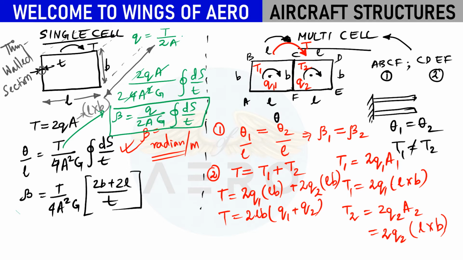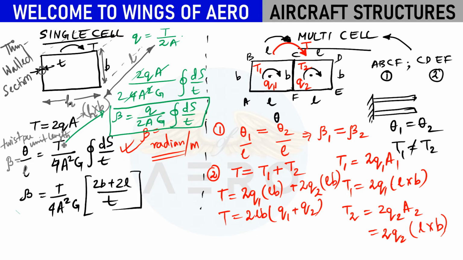Another point we are going to find here is the twist per unit length. In some textbooks you can find the letter beta, which defines theta, the angle of twist per unit length. Based on this convention, if I write H here, this is H, and this defines L. That is the length of the entire beam, not this length.